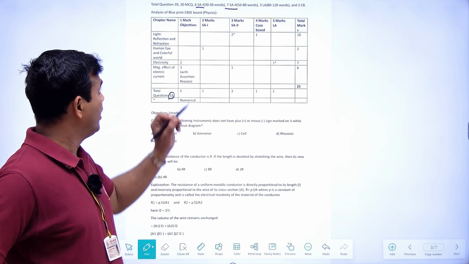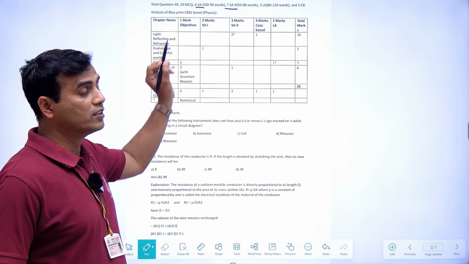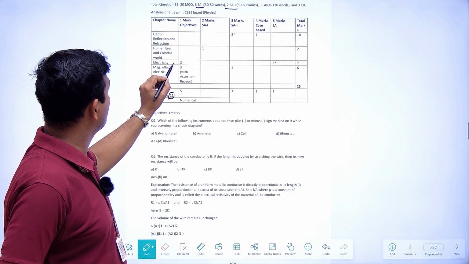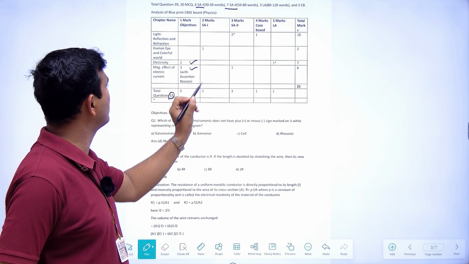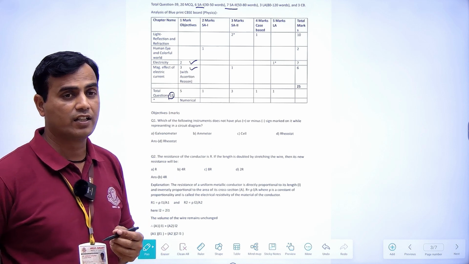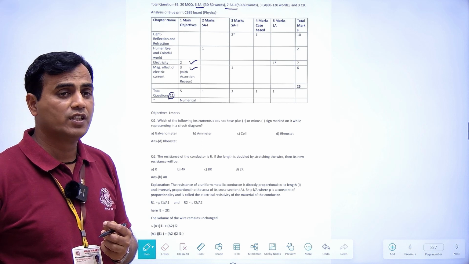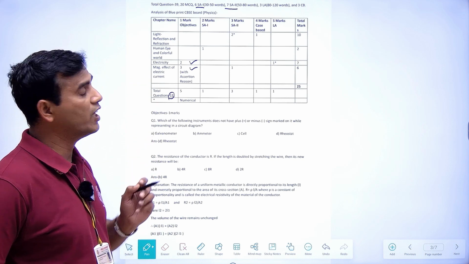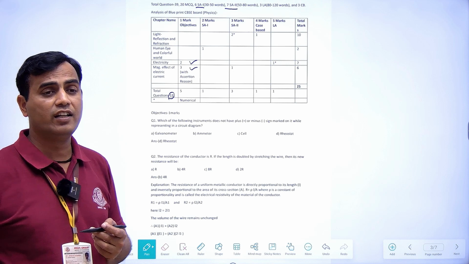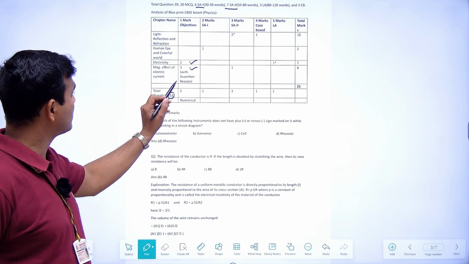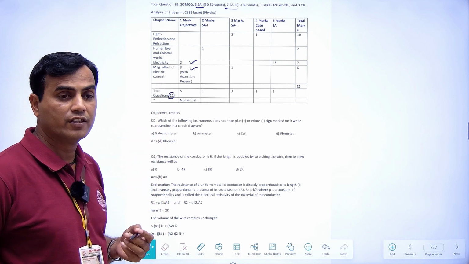If we go to the objective or MCQ part, these questions are of 1 mark, and 2 questions will come from electricity and 3 questions from magnetic effect of electric current. So a total of 5 physics questions in the objective portion will be from electricity and magnetic effect of current. As per the sample paper provided earlier, the assertion and reason question will also appear, mostly from magnetic effect of electric current.